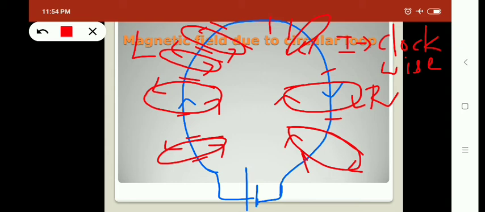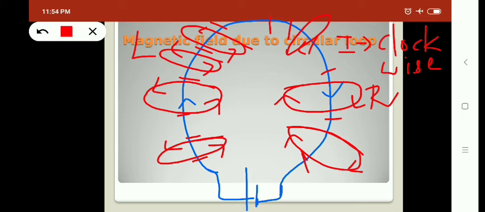It's an amazing fact, right? Within the same circular coil, on the opposite ends, we have two different directions for magnetic field. On the left side, through which current is flowing in the upward direction, the magnetic field will be in the anti-clockwise direction. And through the right side of the circular coil, where current is flowing downward, the magnetic field will be acting in the